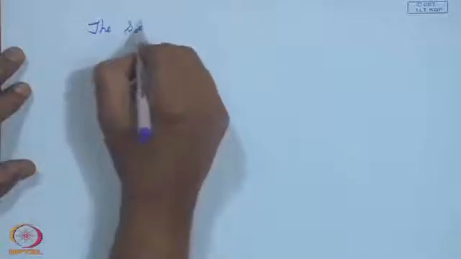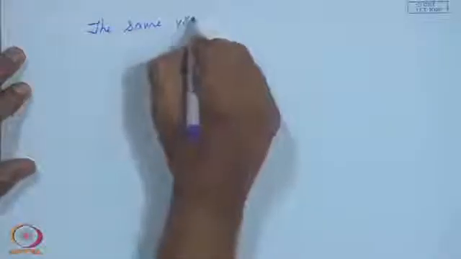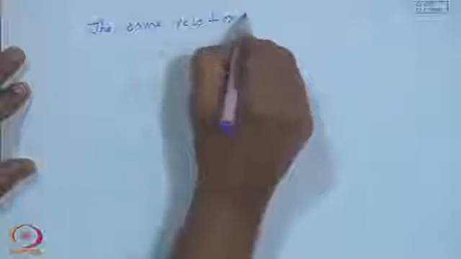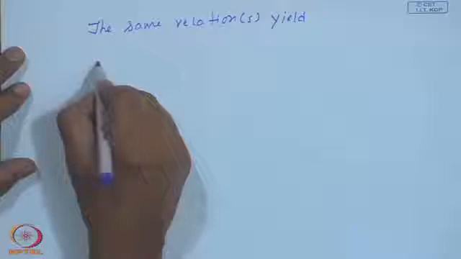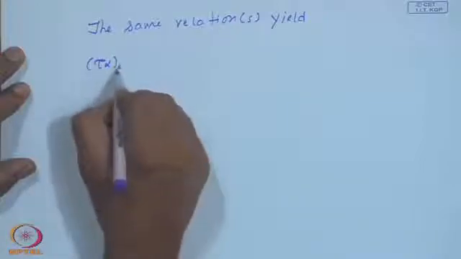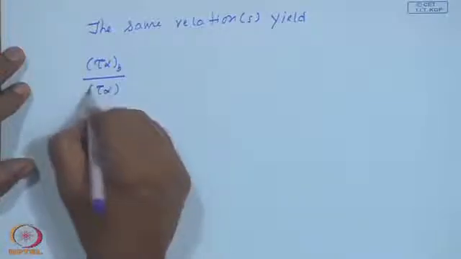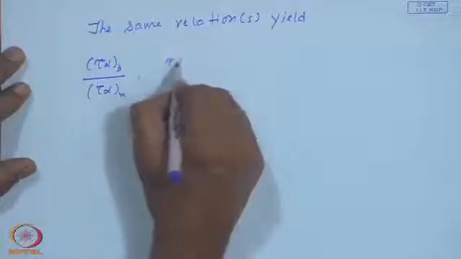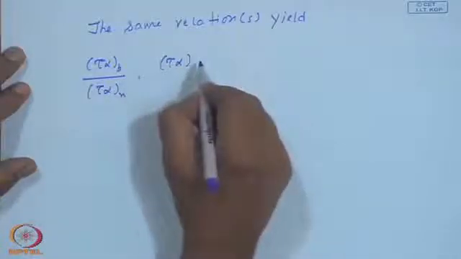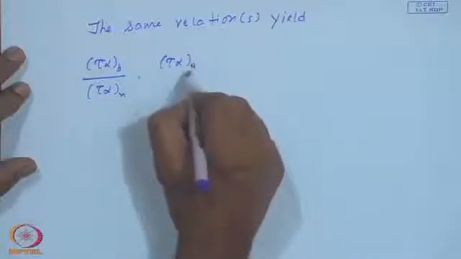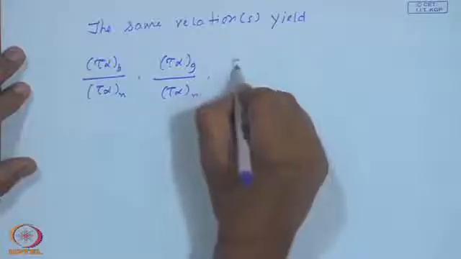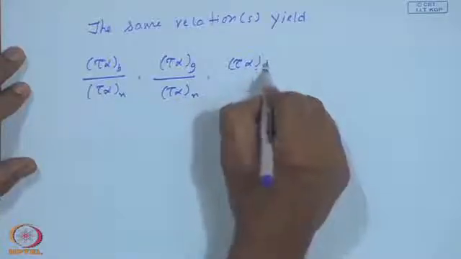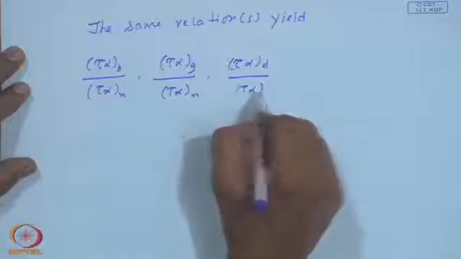The same relations yield all the ratios of direct transmittance absorptance product tau alpha b upon tau alpha normal, tau alpha d upon tau alpha normal